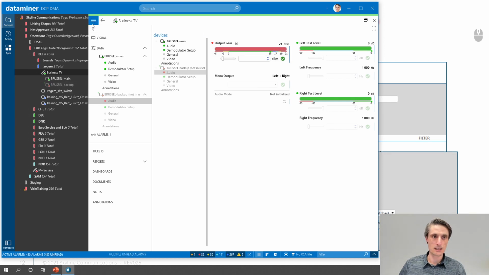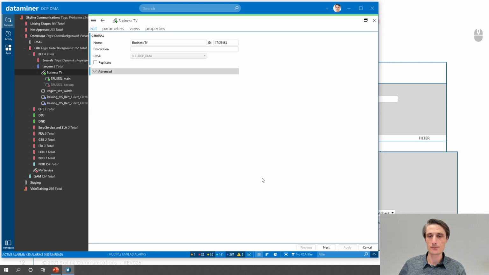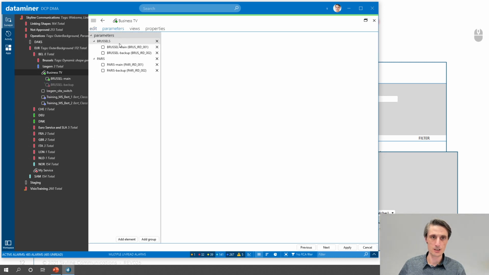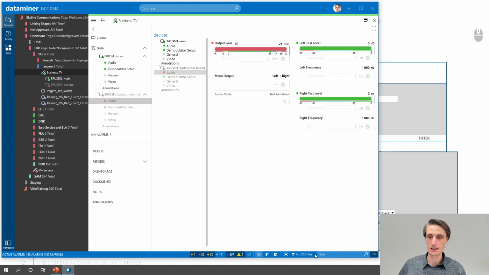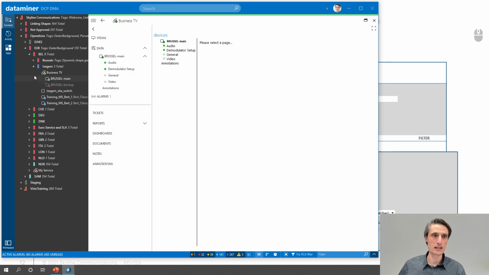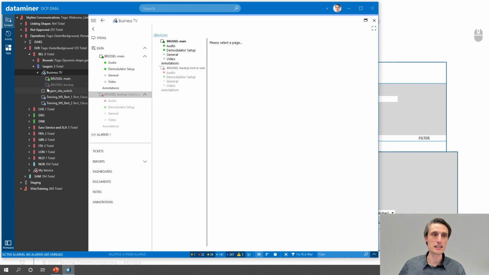Did I not apply that? Let me quickly go back. Parameters, Brussels. Yeah, I did it on the main, not on the backup. So the backup should of course also have the warning, and here major if you want to have it completely correct. So now you can see that the critical alarm of the backup device is bubbling up as a warning